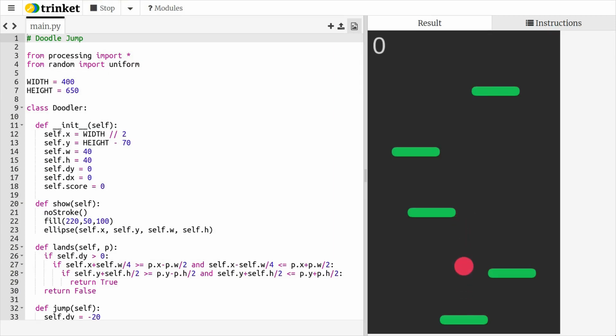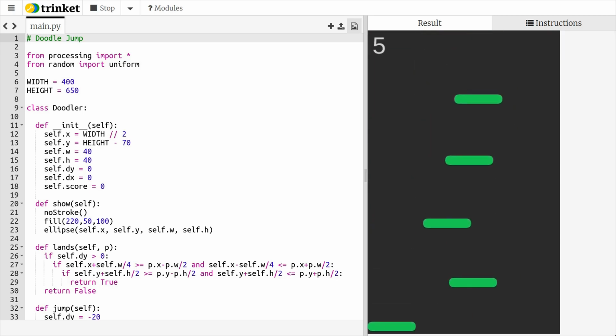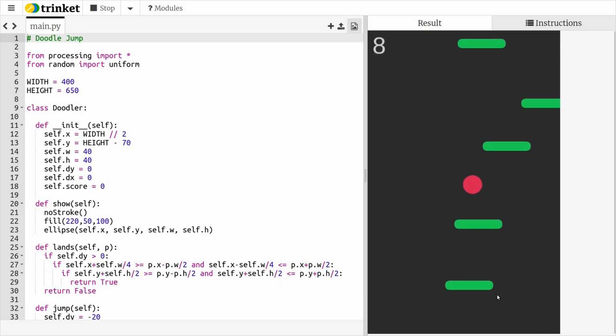Welcome! Today we're going to build or rebuild the game of Doodle Jump. So right here you can see the finished product. We have a little sketch where a little red ball is bouncing off this green platform, and if I use the arrow keys I can make it move left and right. And you can now see that I'm climbing up these different platforms, and if some of the platforms disappear